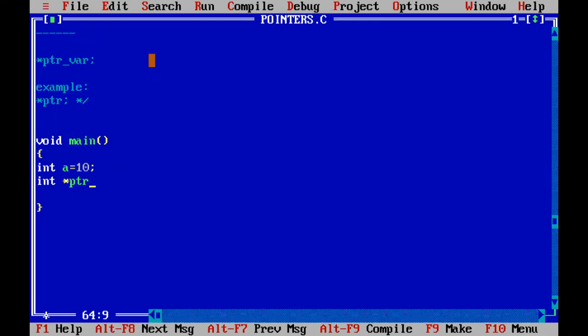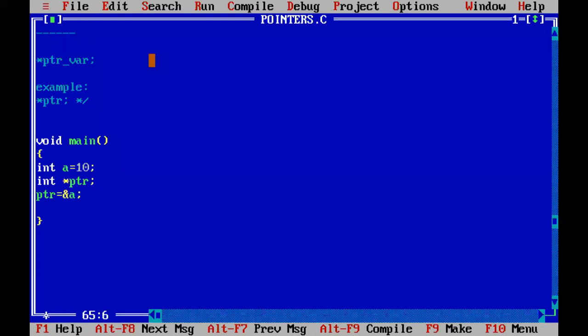So here, integer star PTR, an integer type pointer is created. Into that, in the next statement, I am going to write PTR is equal to a. That means the value 10 will go and store into the PTR. But that is not the case. We want to store the address, not the value. So how to represent the address? By using the ampersand. Now you read it, ampersand a means the address of a. Earlier a meant 10, now ampersand a means the address of a.